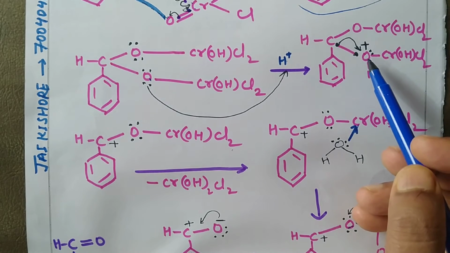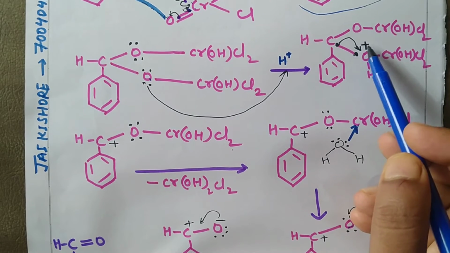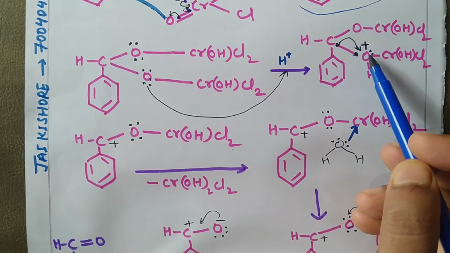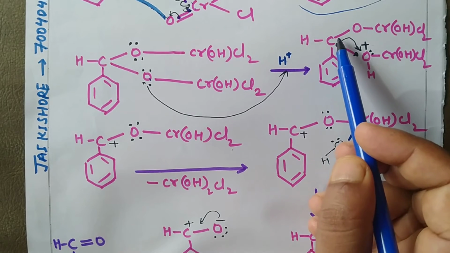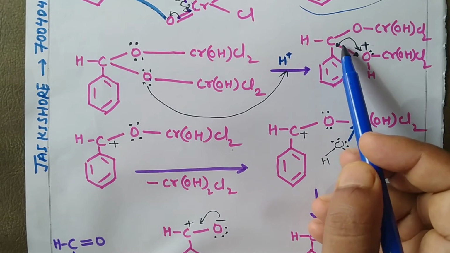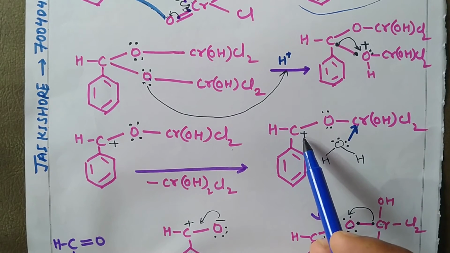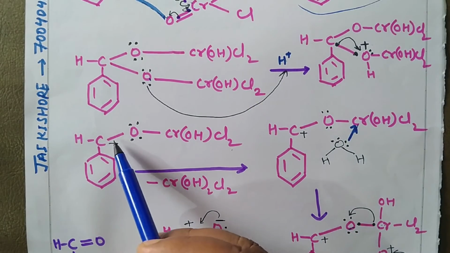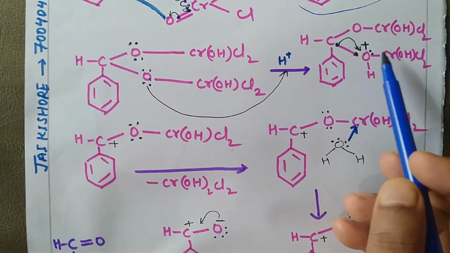Now, you know that oxygen is an electronegative element and it has a positive charge, so it is highly unstable. What will happen? In order to fulfill its scarcity of electrons, this carbon will give the electron to oxygen. As a result, this bond will break. And since carbon has given the electron, carbon becomes positively charged. You can see here that carbon becomes positively charged since these electrons are given by carbon.